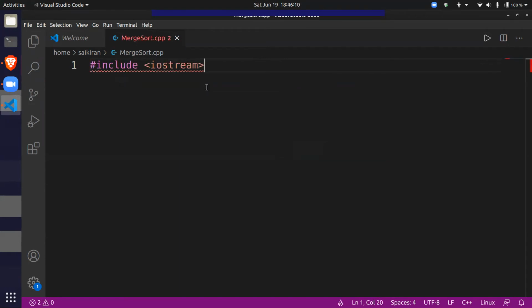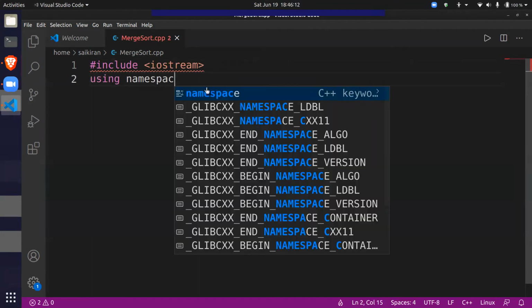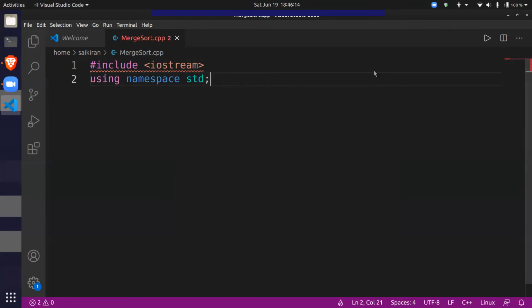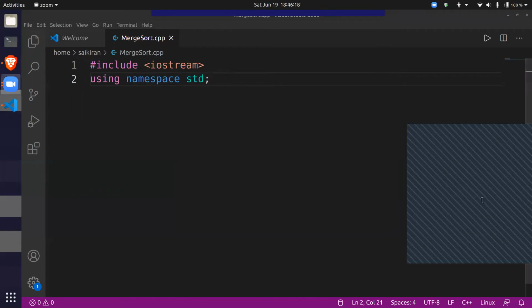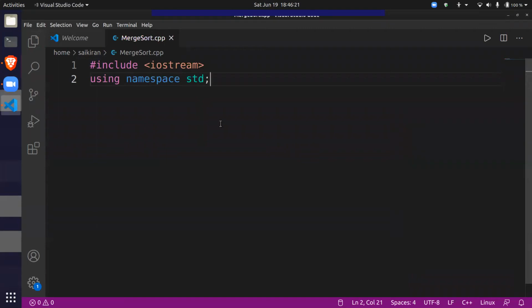Can you read the code? Is it visible enough? All right, great. Okay, Satvik. Thanks for that.